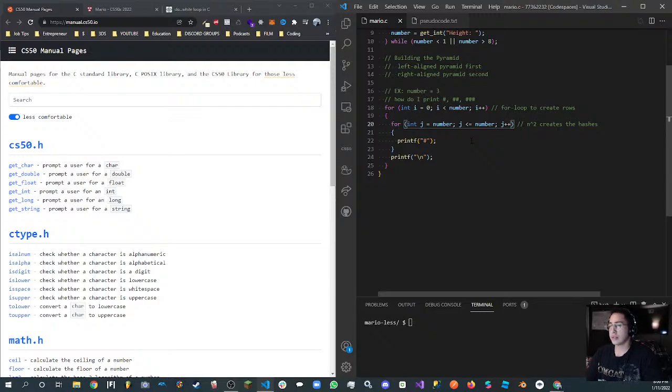I guess the question is, how do I make this run one time for the first row, and then two times for the second, and then three? This number